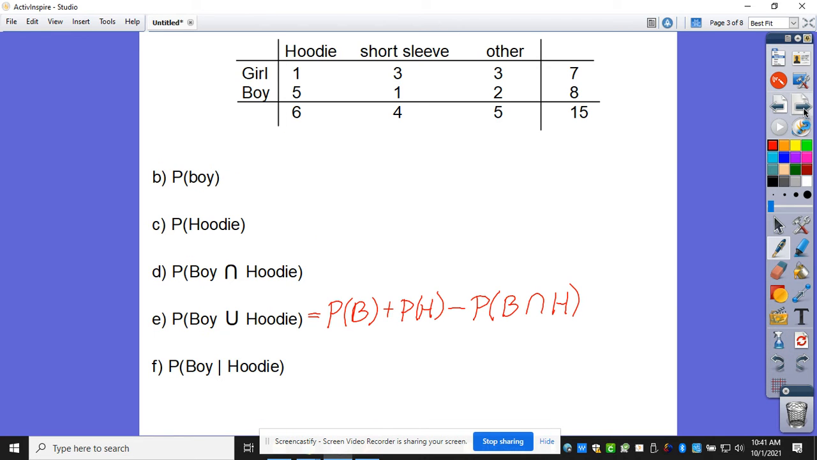All right, so we already have all of these now. So with the not reduced version, what was probability of boy? 8 out of 15 plus, minus, which gives us